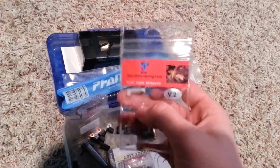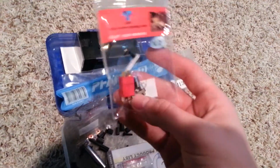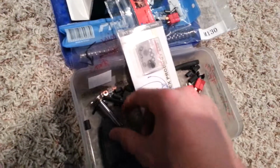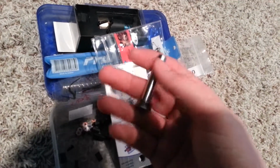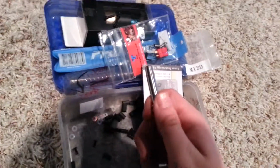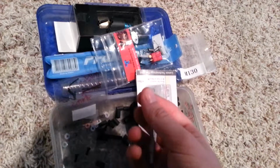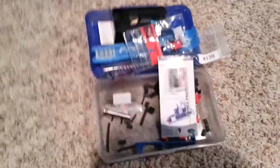This random safety latch that I'm probably just going to keep as parts. All the springs. Got another buffer for the other build. Electrical stuff. This spring guide is going to either go in my high speed or my lower speed build, or my high FPS. I might buy another super shooter spring guide for my high FPS build, just because I'm not sure what this